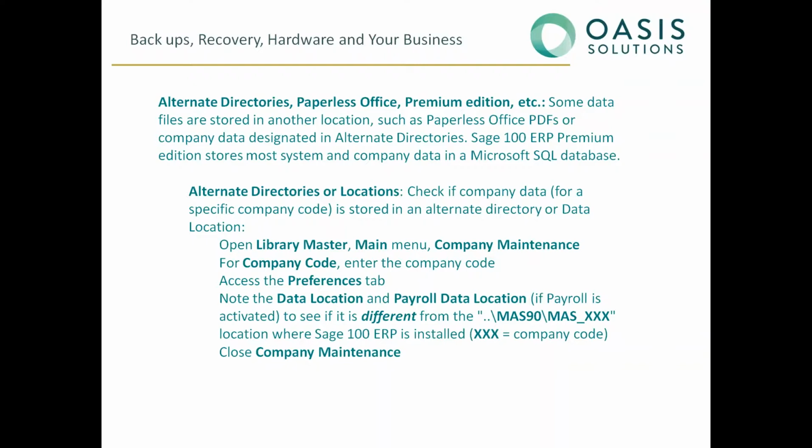They may have alternate directories, which means your Sage software could be installed in one location, but you're actually saving your data to a completely different location. So you need to know that so that when you do a backup, you are capturing all of the information. And on alternate directories, this will show you